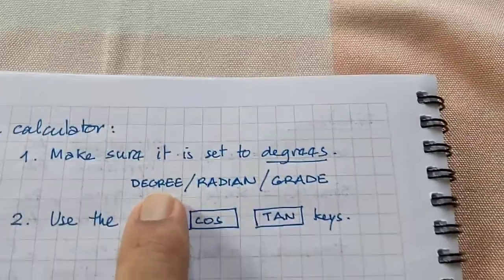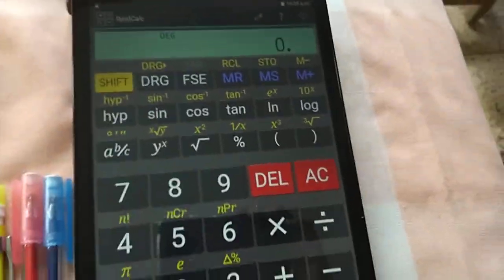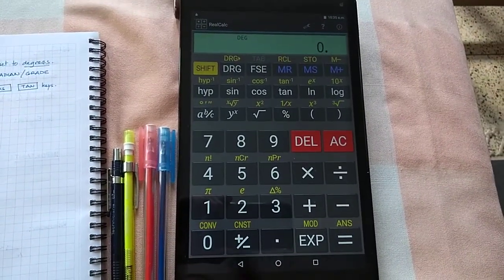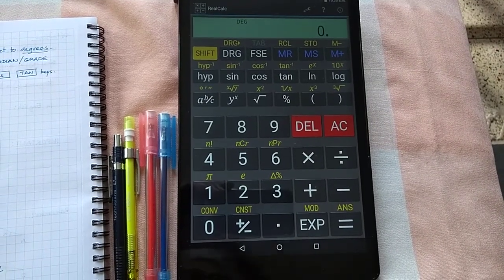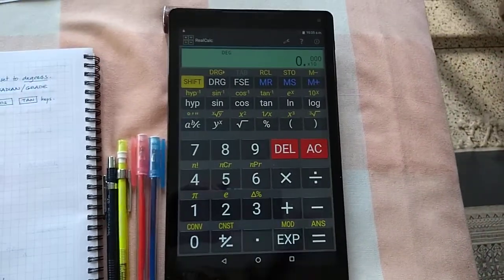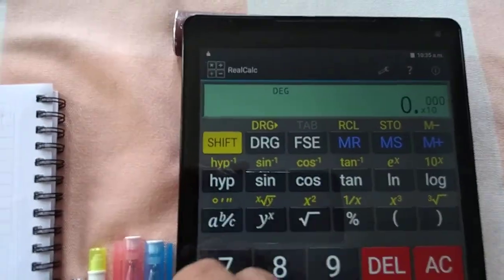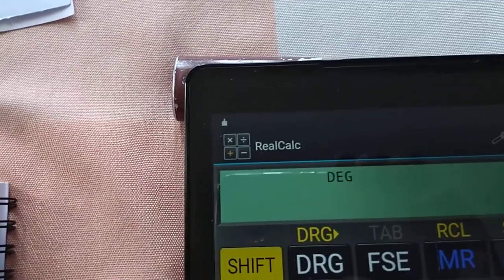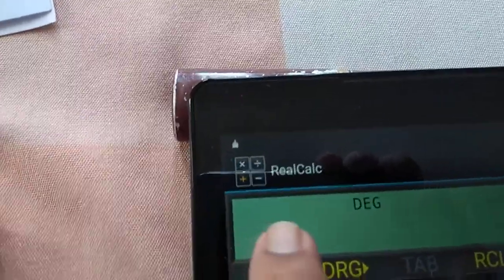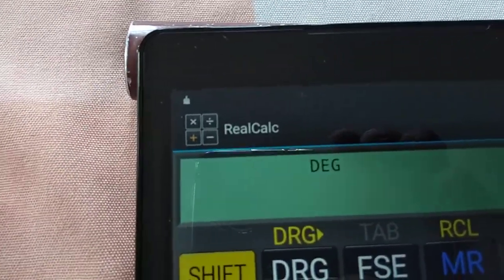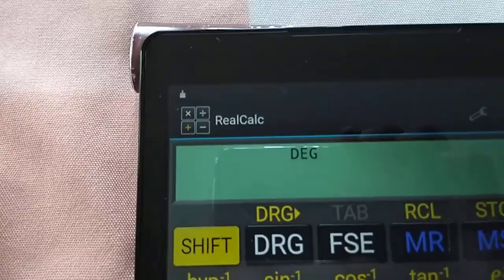Okay. So I have a calculator here. Actually I use a calculator on my phone, but this phone I'm using to take the videos. I've downloaded that app on my tablet, which is here. That's why I have to go back a little, because it is big. So here you can see I'm zooming in. By the way, I mentioned in one of my previous videos that this is a good app to download. It's called RealCalc. It comes in paid version and free version. The free version is good enough.